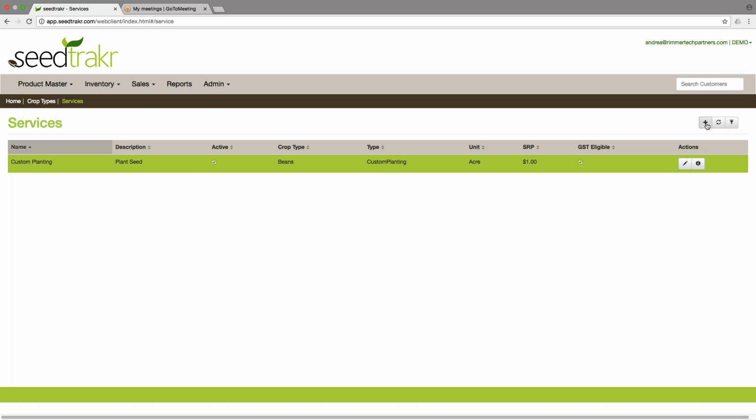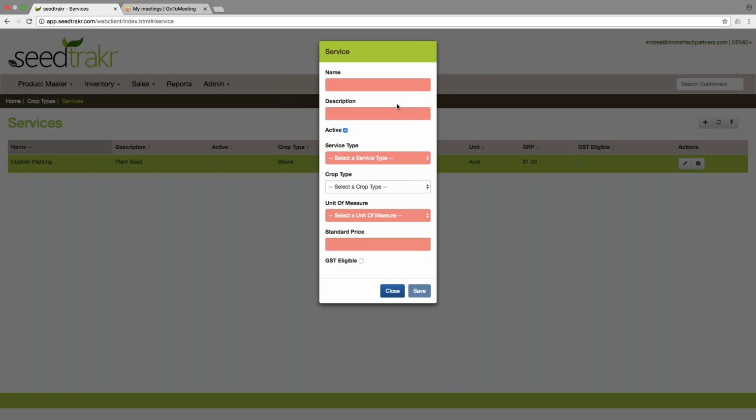The first one is select the Add Service icon to add a service to the system. Now, a window will appear and it'll ask for a name and a description. Before we get there, I'm just going to show you the different types of services that you can set